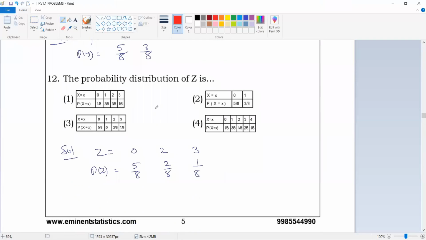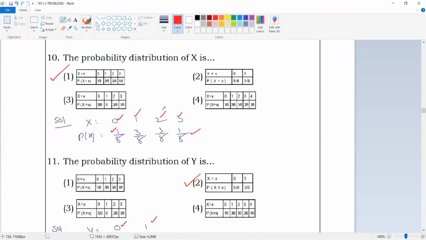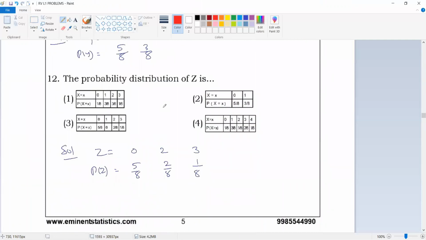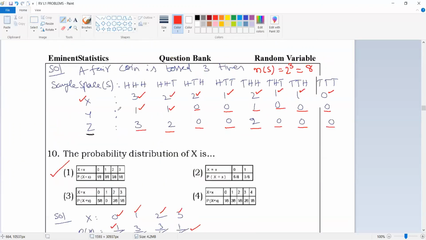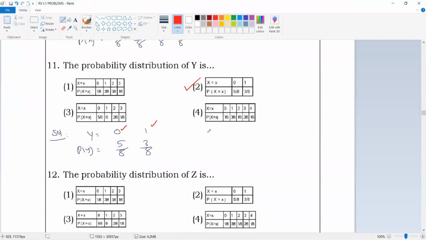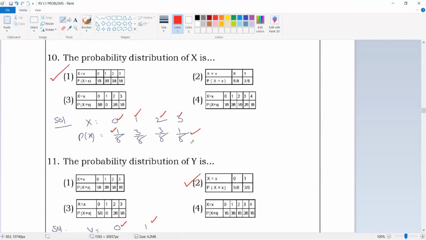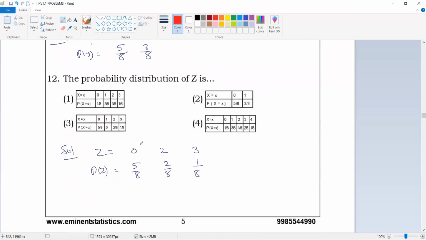Problem 12. The distribution function of Z here. Z minimum value 0, maximum value 3 here. So now here 0, 2, 3 consider here. So there is no 1 here in this Z sequence. Only 0, 2, 3 is there here. Now zeros. How many zeros here? 1, 2, 3, 4, 5 zeros. So 2 twos, 1, 3 here. So now here is 5 zeros, 5 by 8. 2 twos here, 2 by 8. 1 three here, 1 by 8. So 1 is, there is no 1 here, 0 by 8. The suitable answer is fourth option.